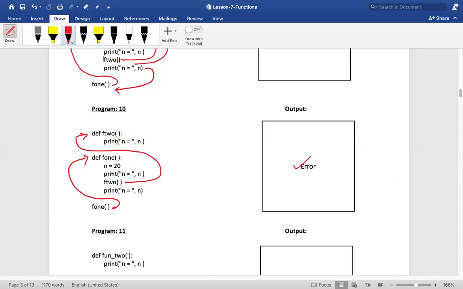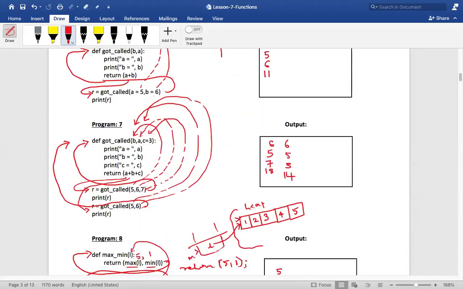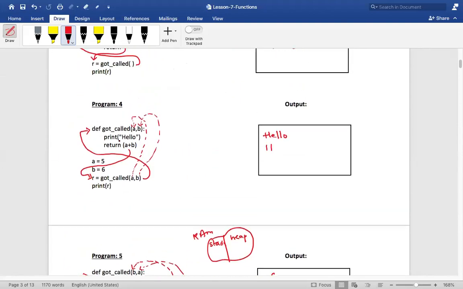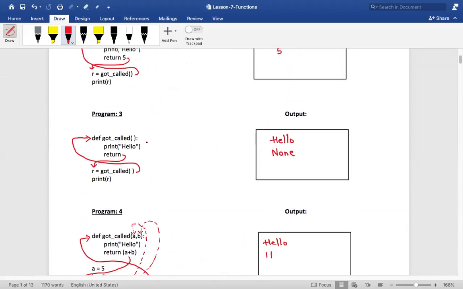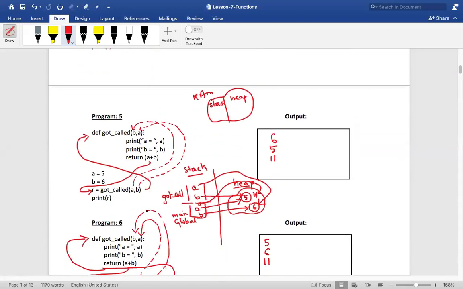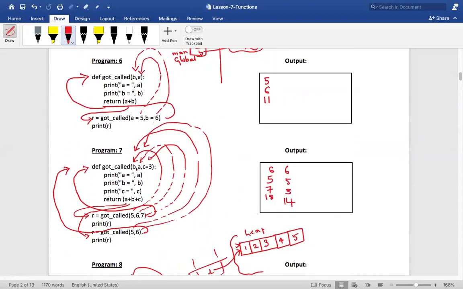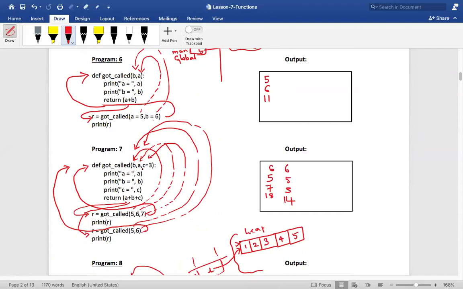Don't get confused. Here there is no n defined. When did I use None over here? When you're returning and when you're catching it, that is when you get None. And what is a default argument? In the function definition, you're expecting a parameter, but while calling, you're not passing any parameter. That is when this default argument will come into picture.